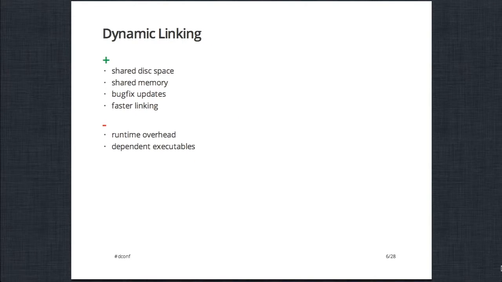For example, you can share the disk space. You don't have to copy the object files on this disk. You can share memory if you're having position-independent code. The shared library only needs to be mapped once into the actual hardware memory, and you can share it across several processes. So if you think of libc, which is in about every process you have on your computer, there would be a lot of memory used if you had to load it every time into memory. So it's a huge benefit,